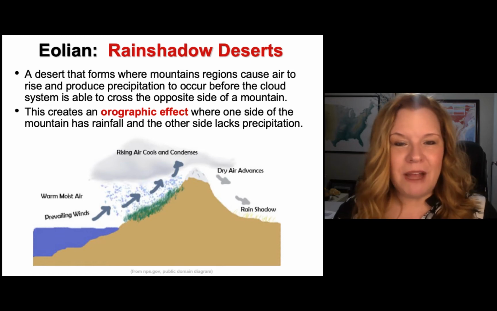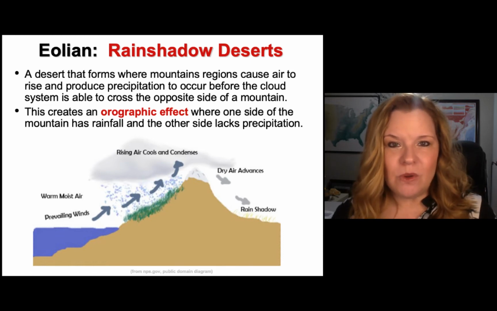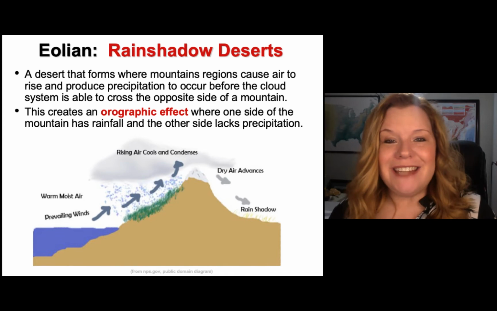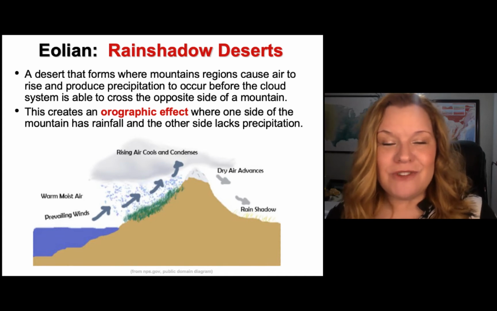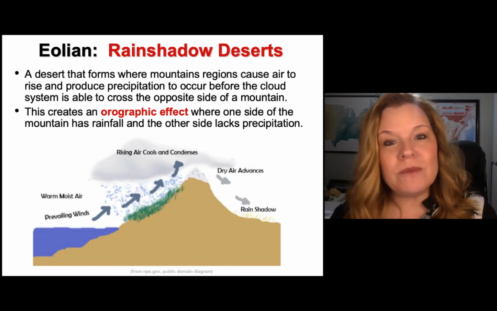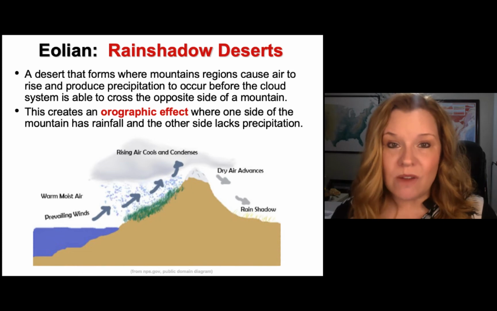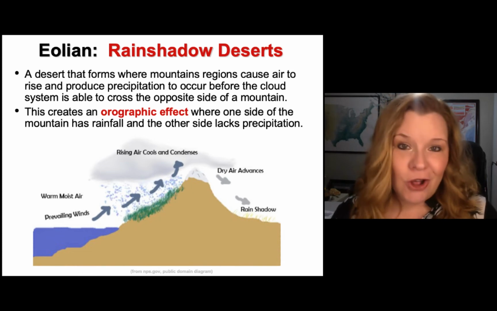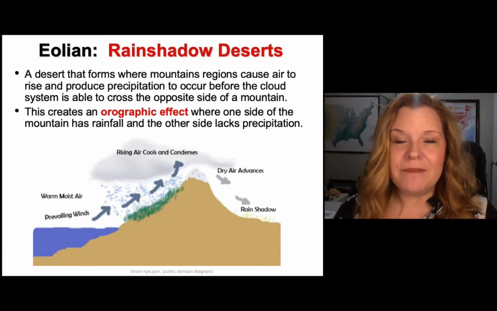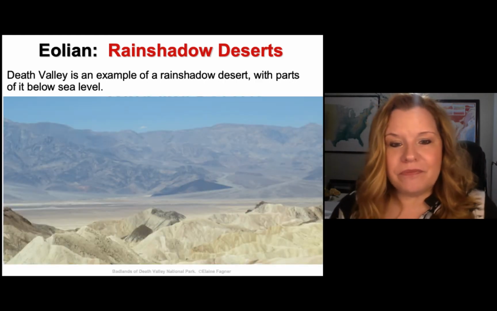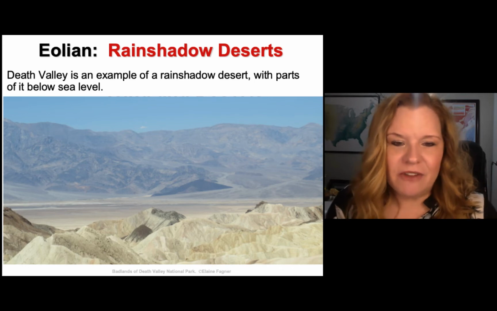And I would suspect that there would have been very minimal way for those rain systems to make it over the mountain. Having said that, in Death Valley and other rain shadow deserts, occasionally one of these storms does make it over the mountain. And when that happens, we have a significant downpour of rain. That can cause and does cause flash flooding. So in the desert, that is one of our big concerns. Let's take a look at Death Valley right now.